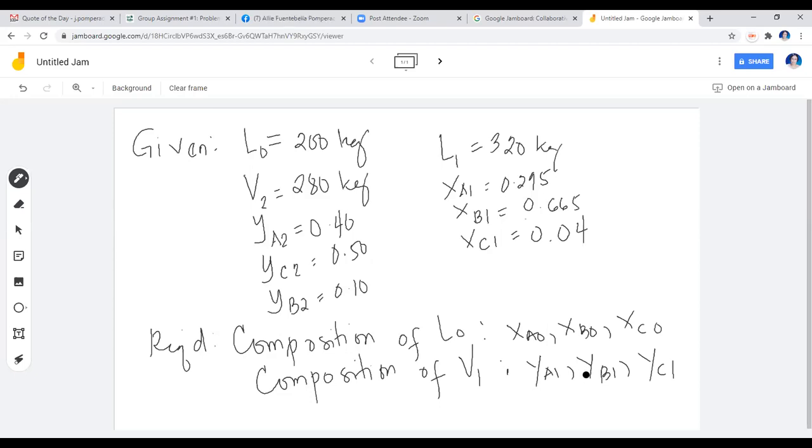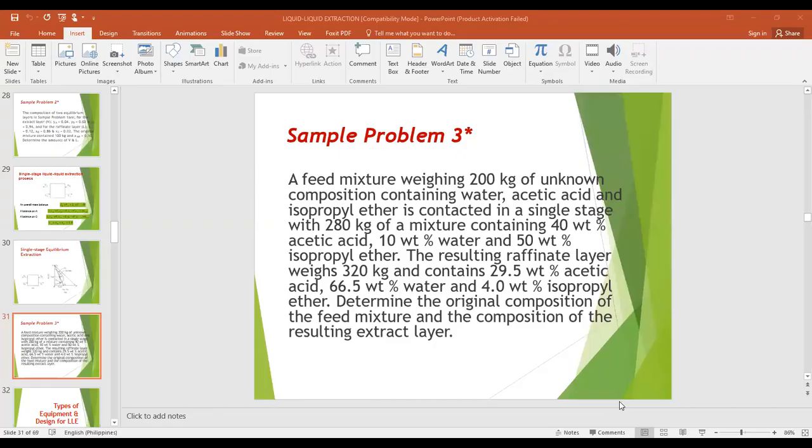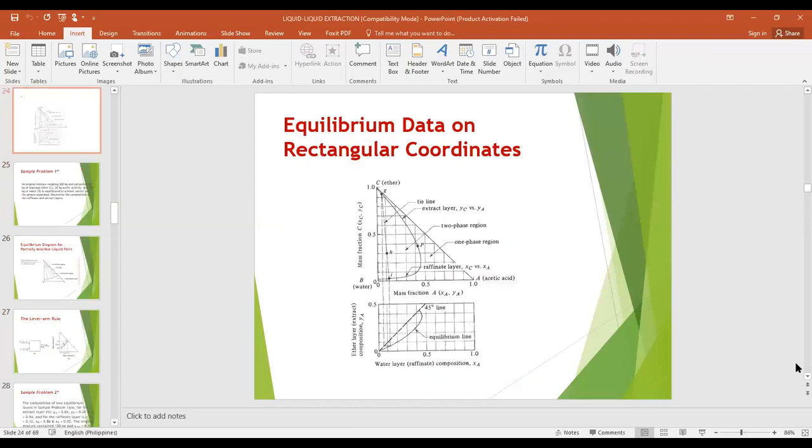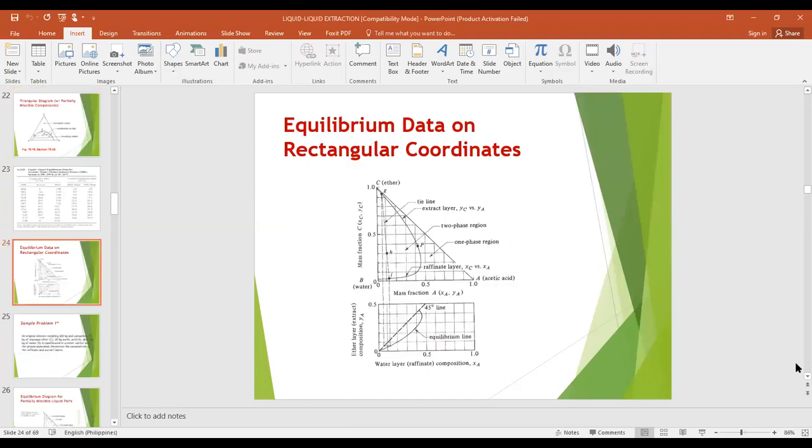Now, the easiest way to determine here is first, we need to come up with the composition of the extract, because based on the composition of the raffinate and based on the principle that the two layers are equilibrated, we can get this right away from the triangle and the rectangular equilibrium diagrams. I'd like to go back to the slide, so I'll stop share and go back to the slide. Let me know if you cannot see. So we will go back to the triangle where we can get the value of the composition of the